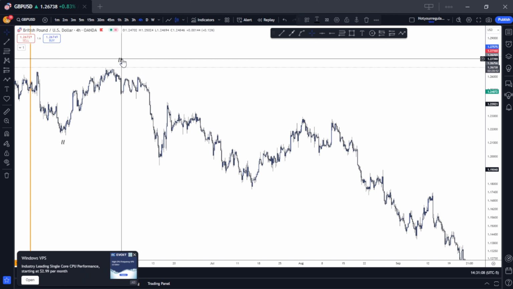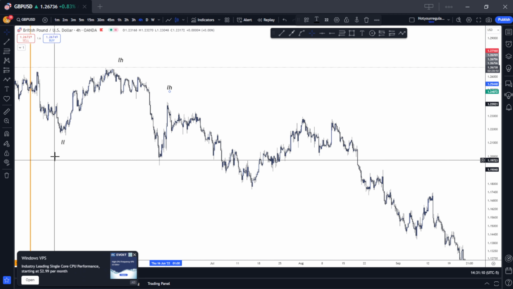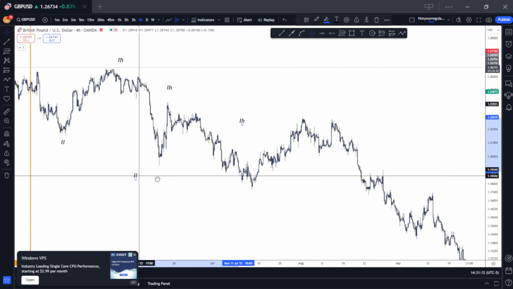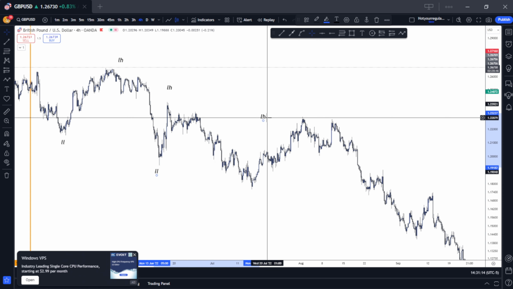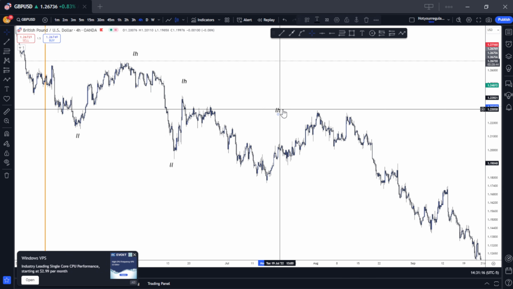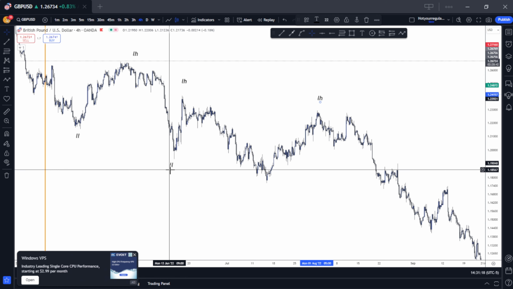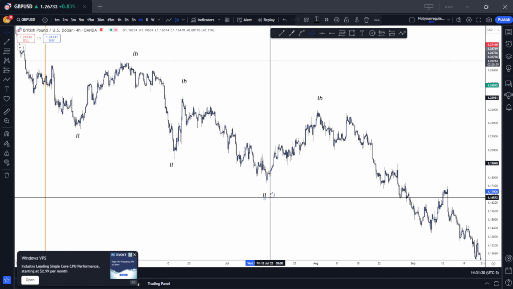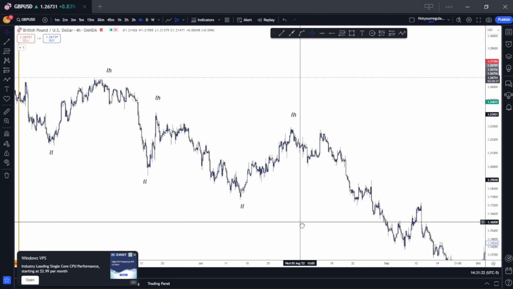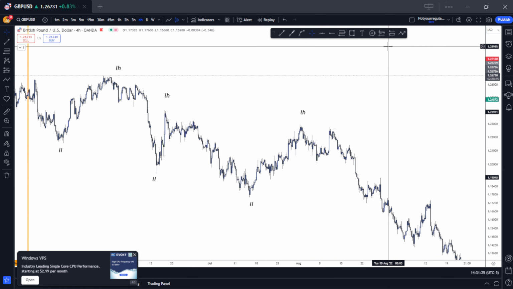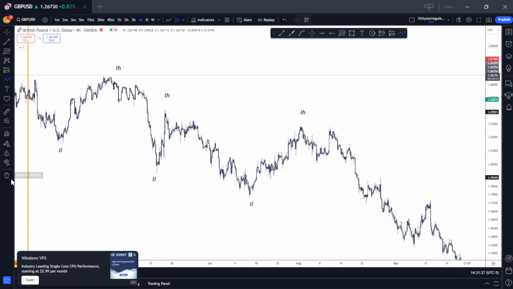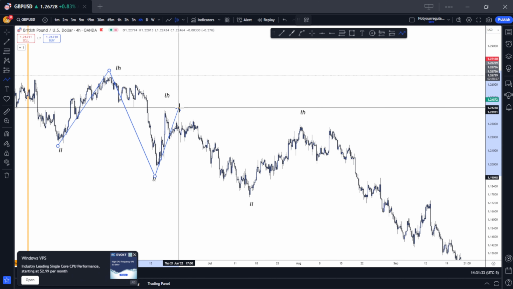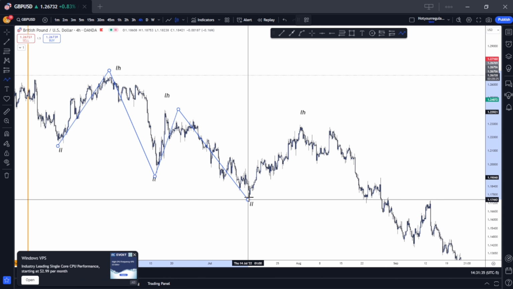Lower highs and lower lows. Lower highs again and lower lows. Let me draw it out for you guys. Try to keep this video short. Lower low, lower high, lower low, lower high, lower low,